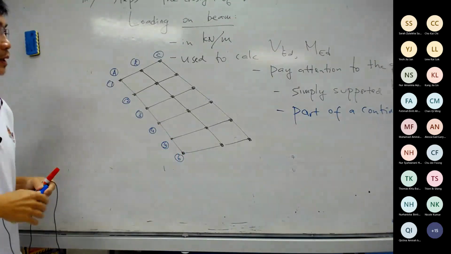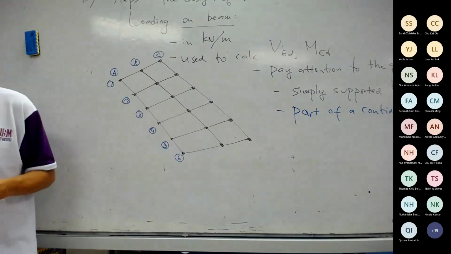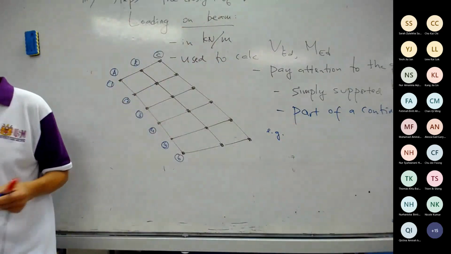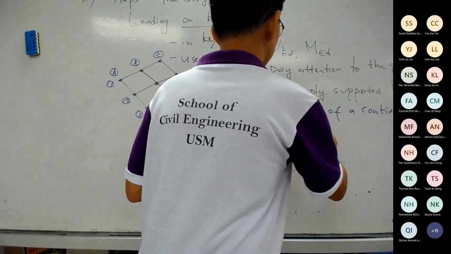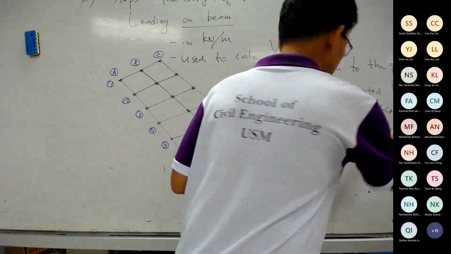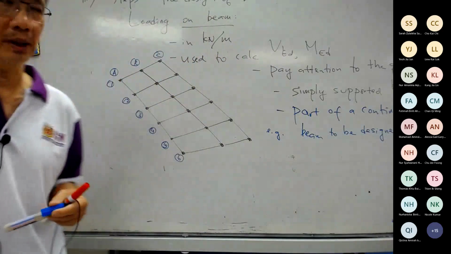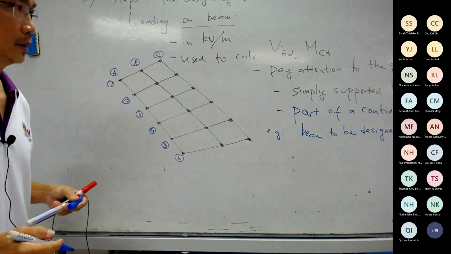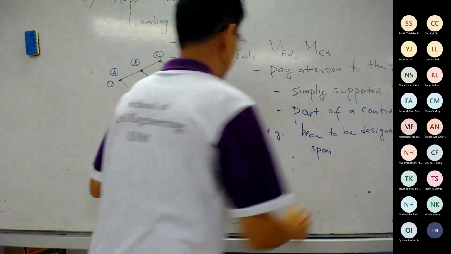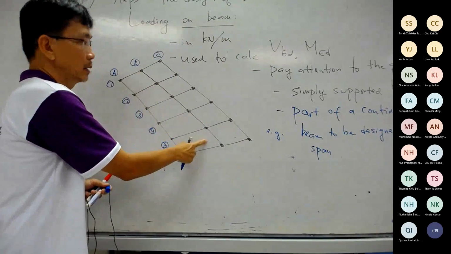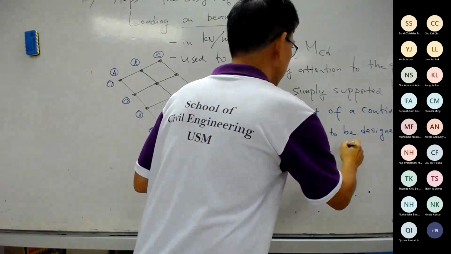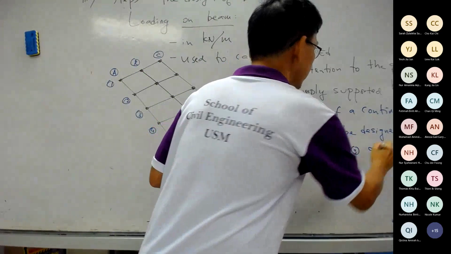So if given a drawing like this, then, for example, the particular beam to be designed, we have to get this information from the question. That's why in the beginning, I asked you, read the question. Beam to be designed is span, this is span, this is span 2, 3 of